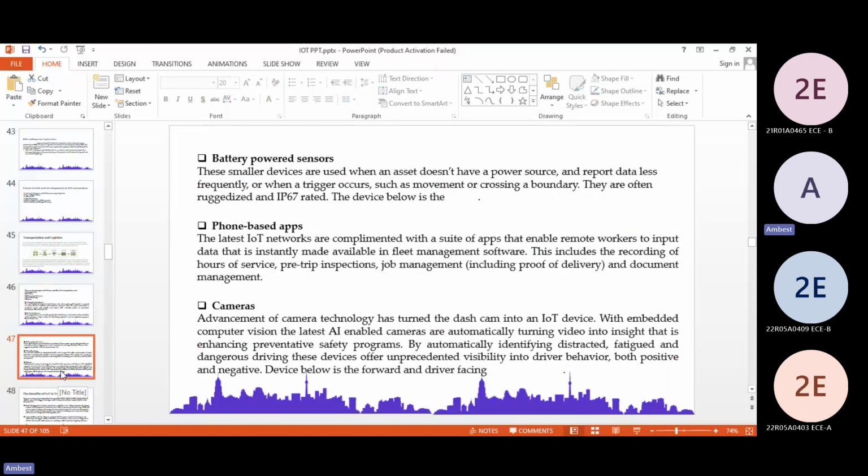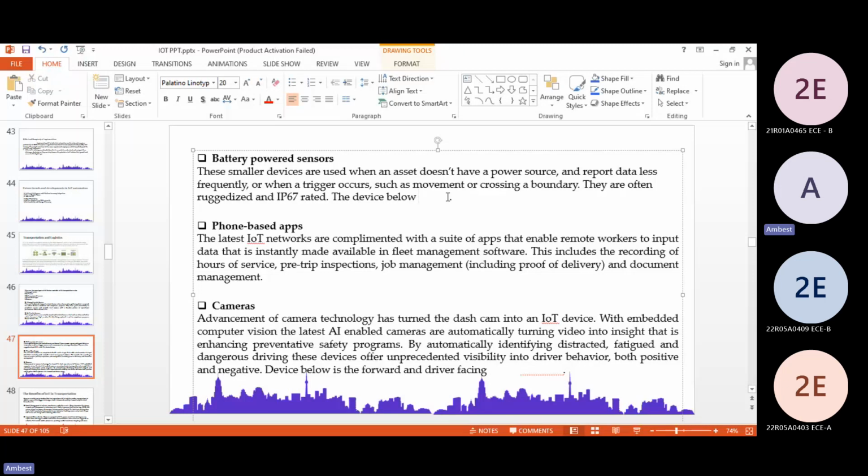It is a smaller device which is used to assist where there is no power source, and it reports the data less frequently, when a trigger occurs. They are IP67 rated.